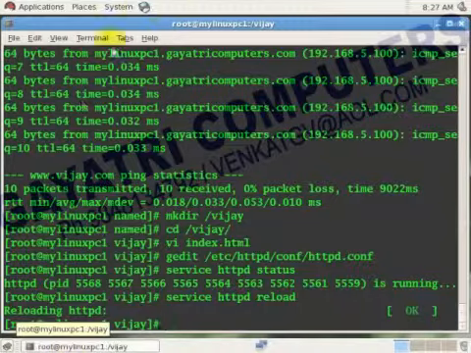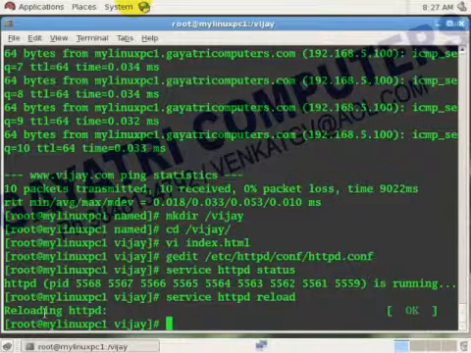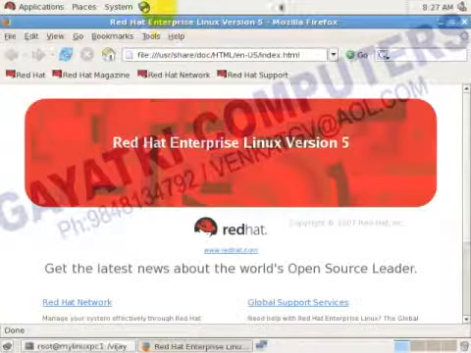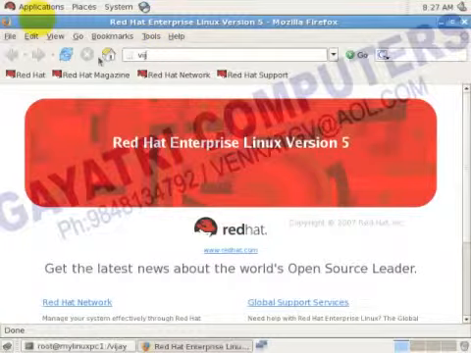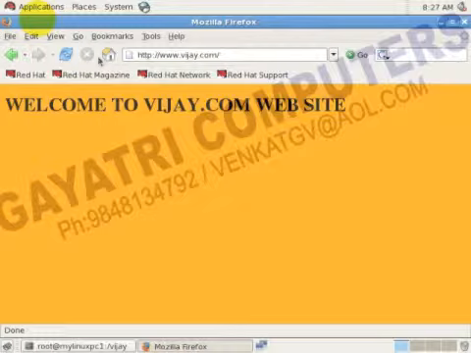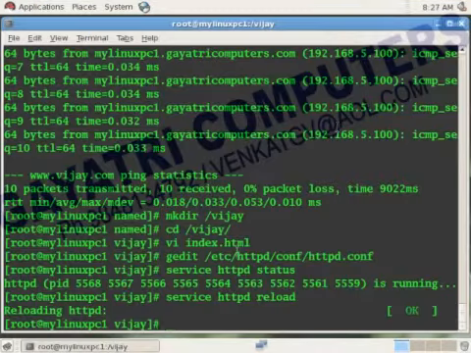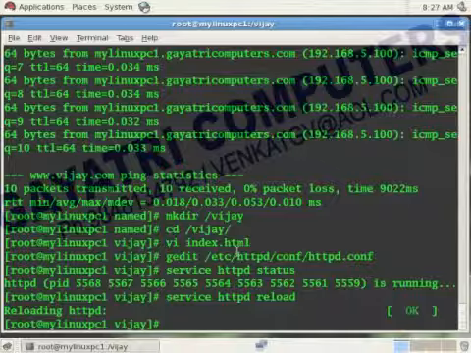Next, open the web browser and type the site name, Vijay.com. The DNS name Vijay.com is automatically pinging to which one?